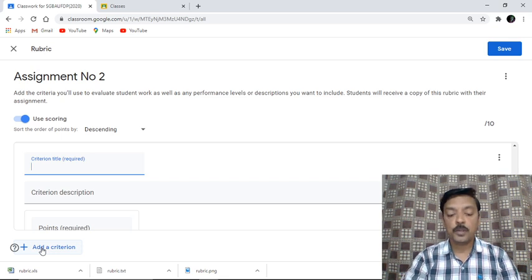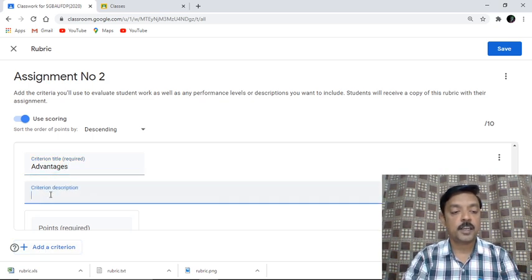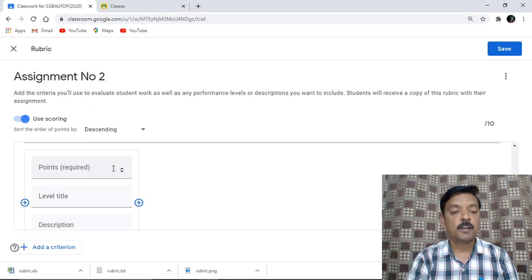Just like I have told you, we have advantages. Again in the description I am trying to say advantages of Google Classroom. Next, points required will be 5.